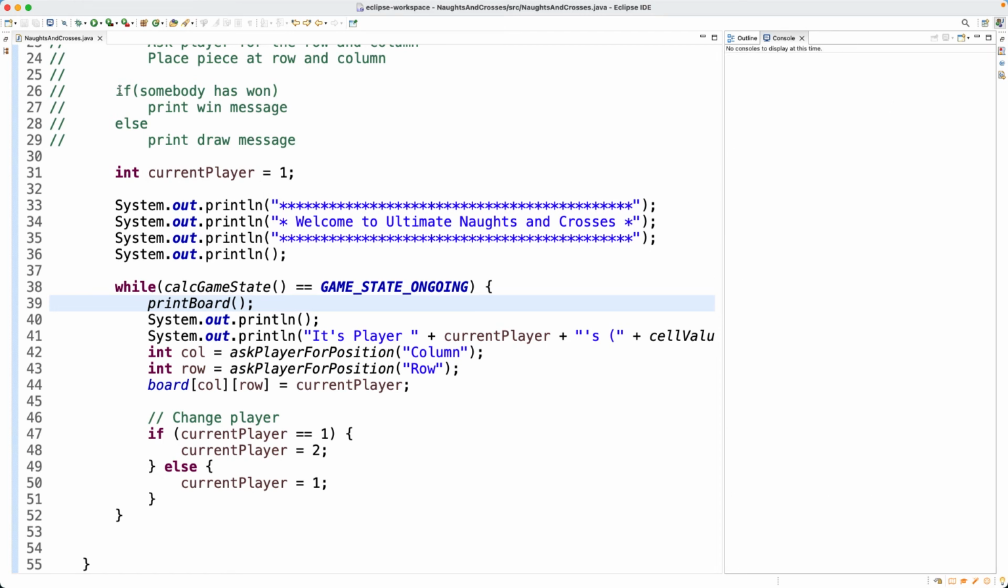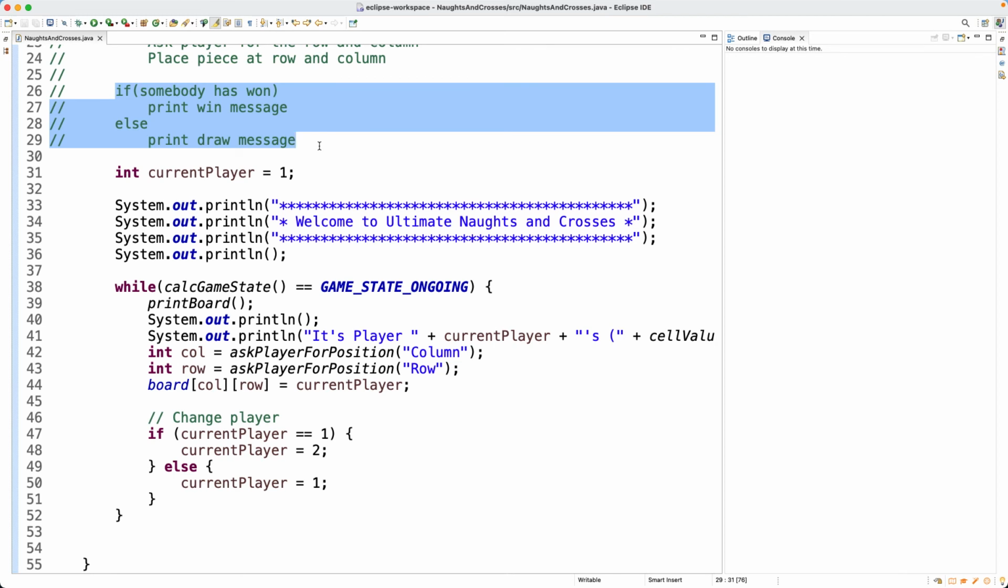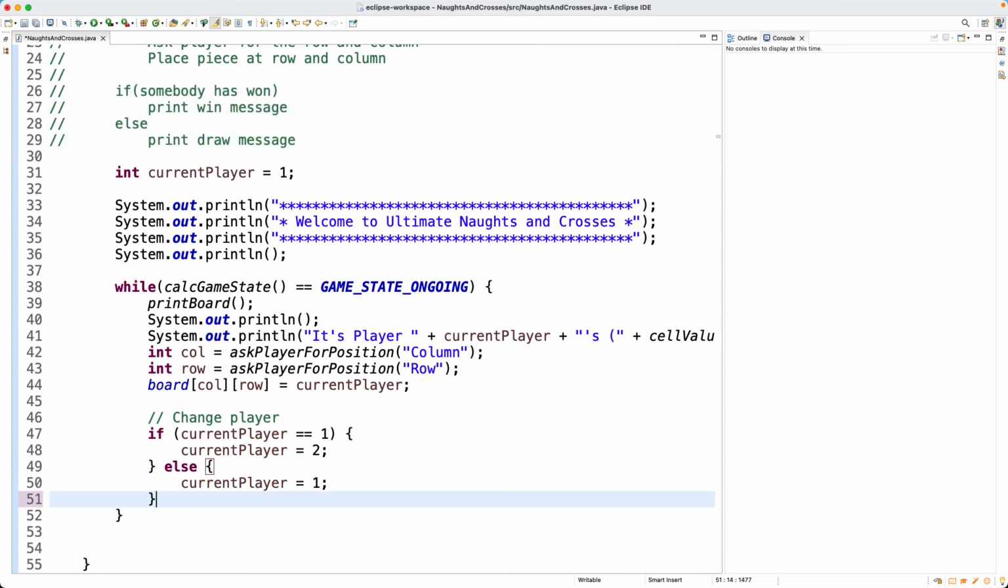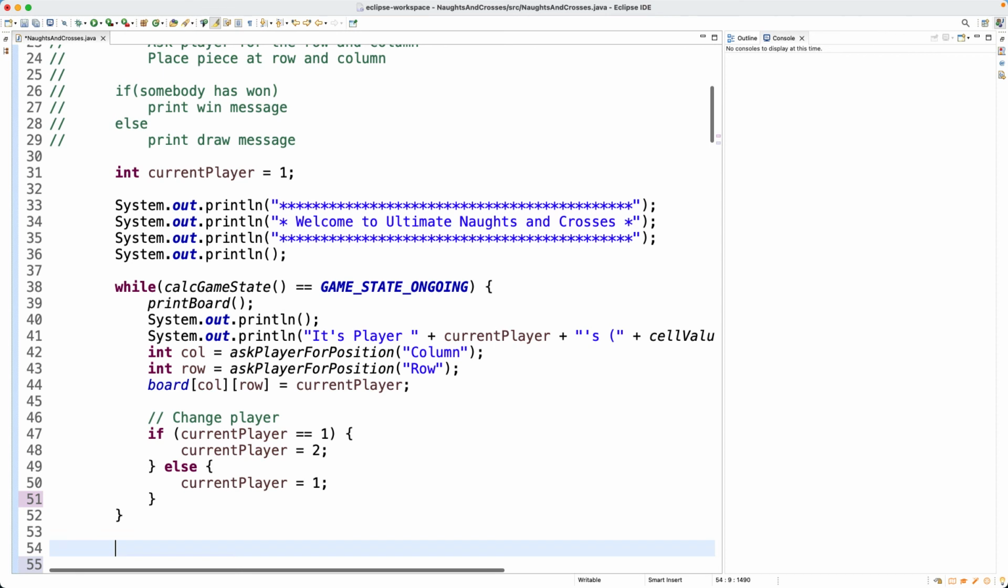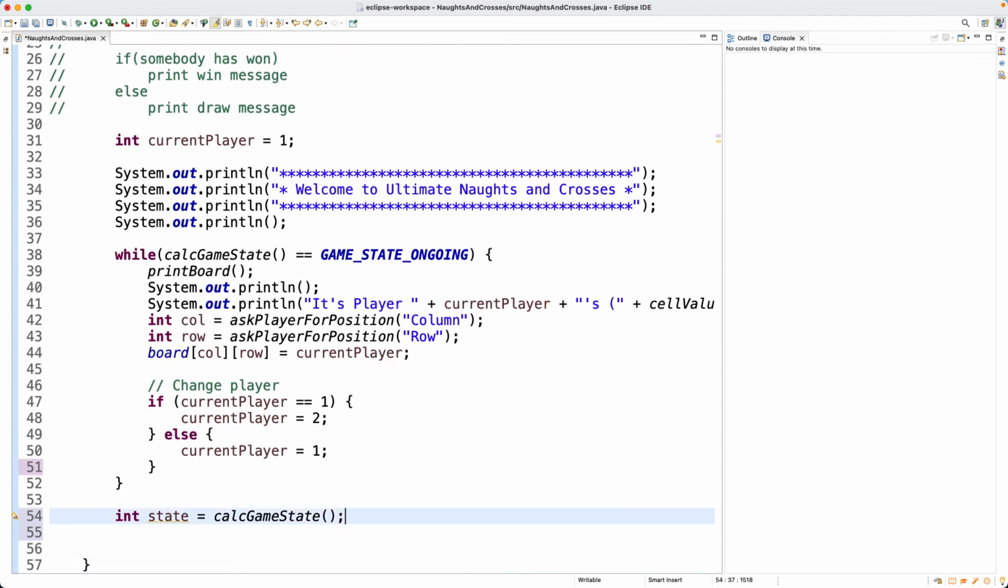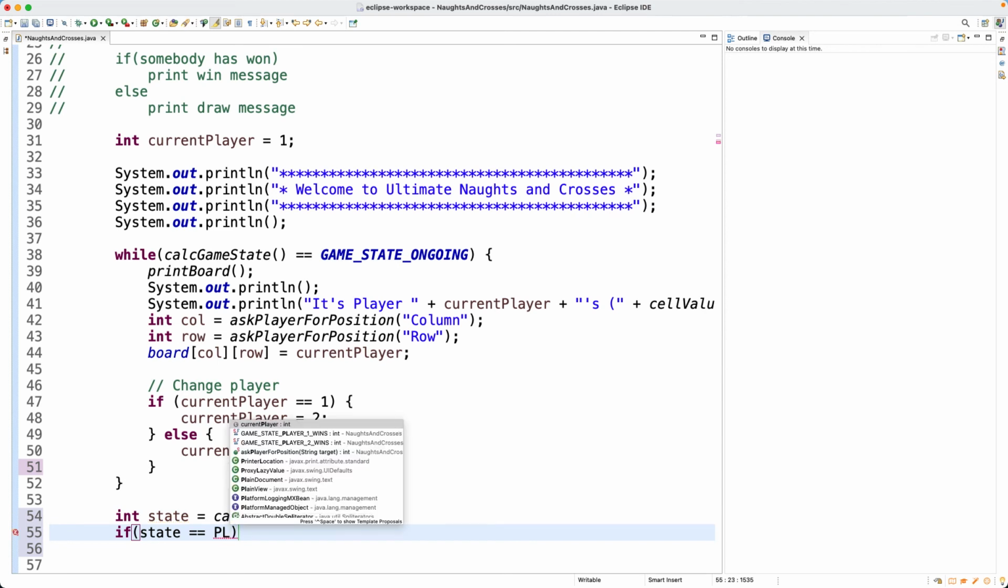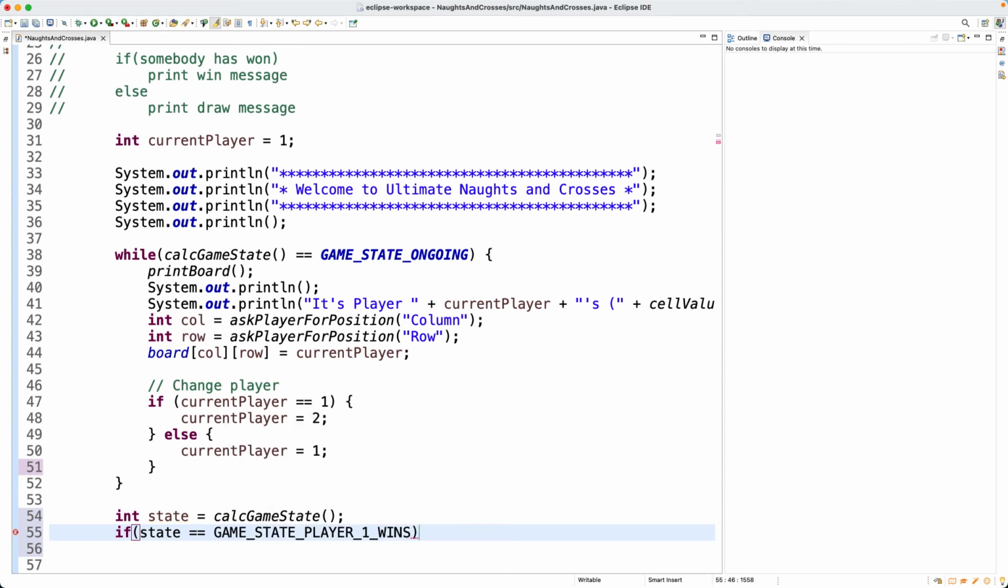So the last thing we need to do is this part, which is basically that code, right? So let's have a look. Well, let's get the game state. So, sorry, if we get outside this loop, int state equals calculate the game state again. It doesn't matter how many times we call that method, it doesn't change the game state, it only checks it. If the state is equal to player 1 wins, then we can do